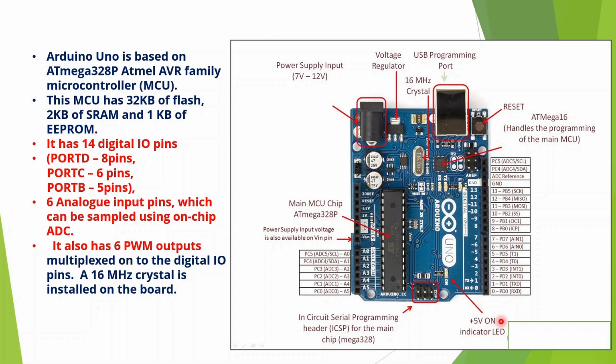This is the pin configuration of our Arduino Uno board, where it has 14 digital IO pins. This is from 0 to 13. These are the 14 digital IO pins. These are also port pins, port D is a port having 8 pins, PD0 to PD7. Port B is from PB0 to PB5. A total of 6 pins are available for port B.